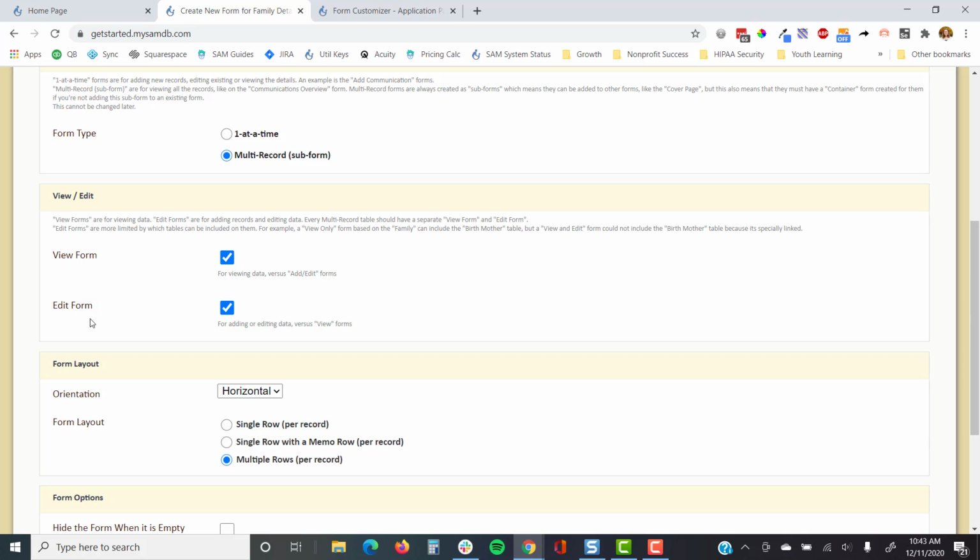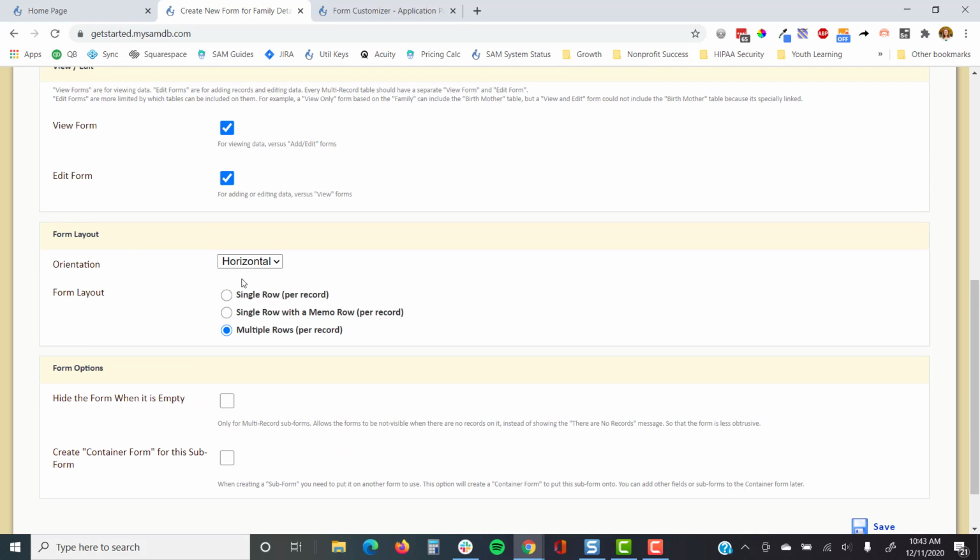If I put it on an edit form, I will get a drop-down list to select I've got 1 to 10 pets, and I can enter a different row for each pet, showing the pet name and age in those fields. So I'm going to go ahead and set it as both so I could use it in multiple places if I like. I'm going to choose the layout, like multi-records where they're nice and wide,